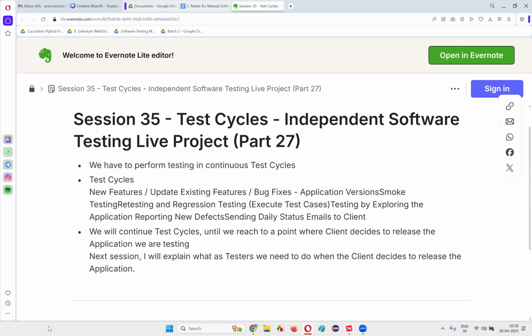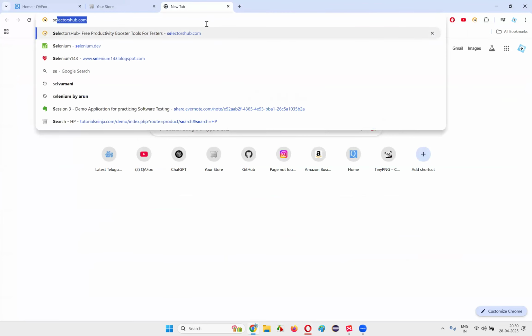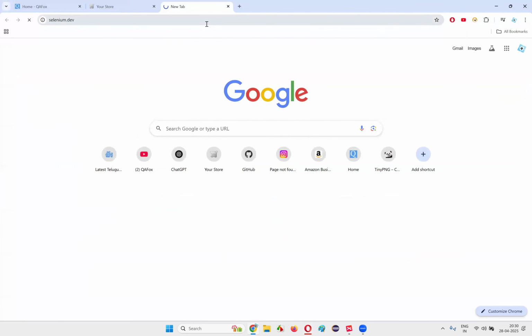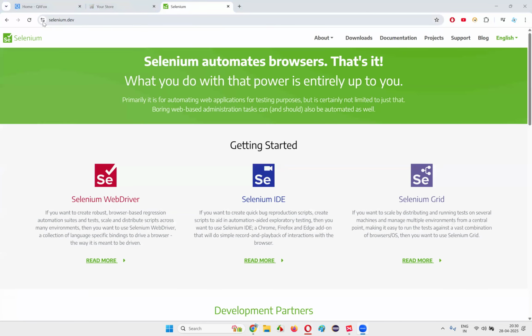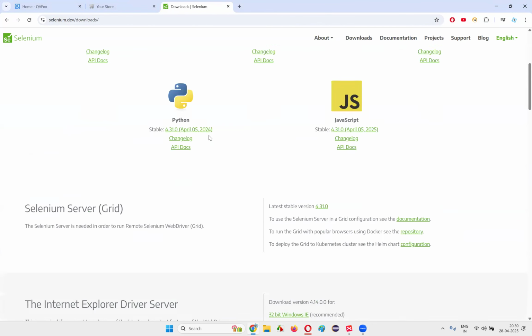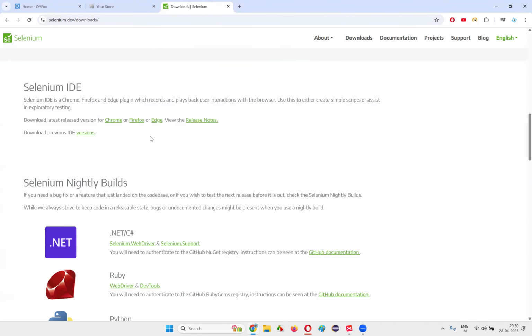Any software you take, guys, you will receive in the form of versions. For example, let's take the example of the Selenium software. There is a website known as selenium.dev. This is the official website of Selenium, guys. In the coming days, I'm going to cover Selenium automation for you. If you go to the downloads here, you see